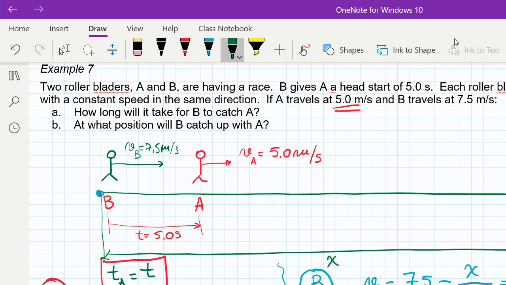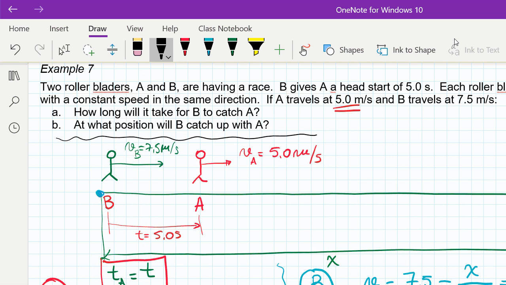And this will give you the answer to question A. And then, at what position B will catch up with A, which is question B. Then you can use any of those relationships. Either you can use 5.0 times t, or you can use 7.5 times open brackets t minus 5. Both of them are equal. They should give you the same answer, and this will be a point where you will check and it will give you the same answers. So